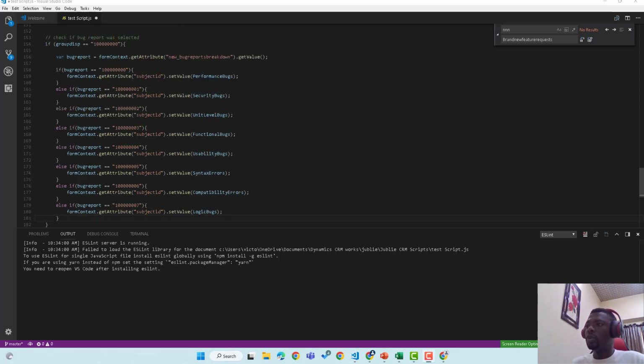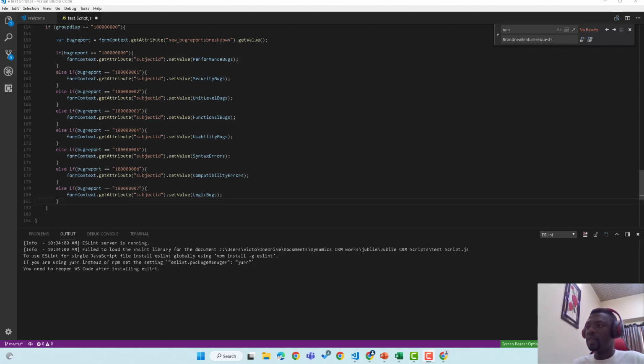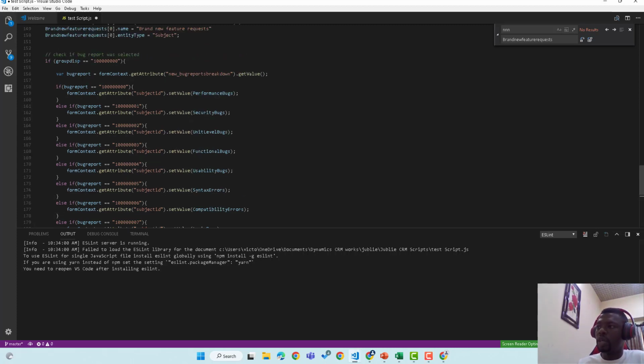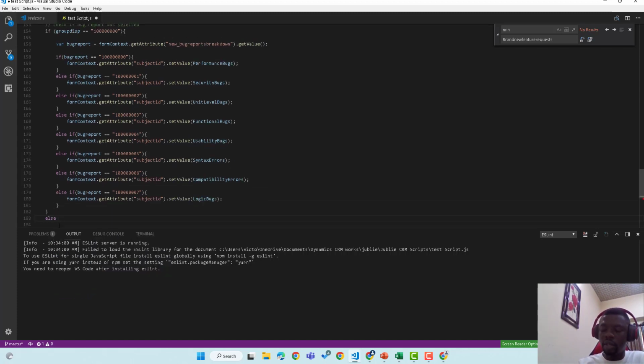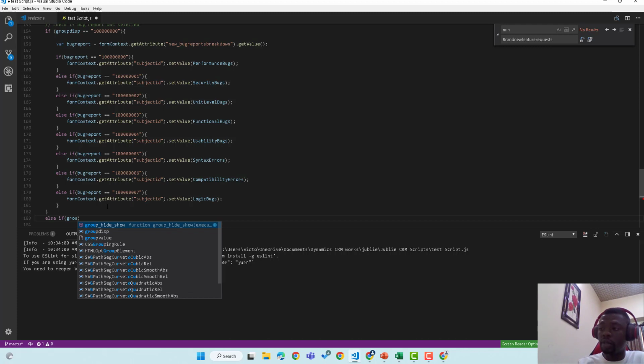Yes, so I'm done for bug reports. So we've done with this first conditional statement. Then the next thing we need to do is the else if. So now we're going to the outer box to check the group dispositions again. So for this, it will be else if group disposition, yeah, group diffs